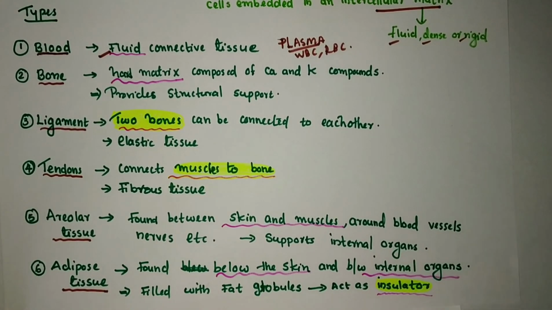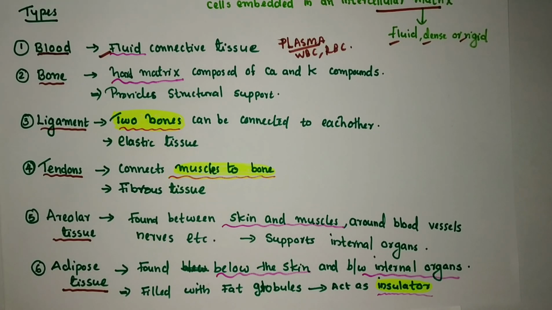Areolar tissue is found between the skin and the muscles, or you can see it around blood vessels, nerves, etc. Its main function is to support internal organs. The next type of connective tissue is adipose connective tissue, found below the skin and also between the organs, which is filled with fat globules,